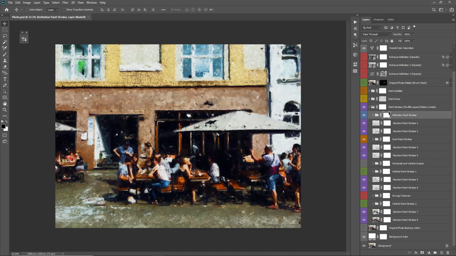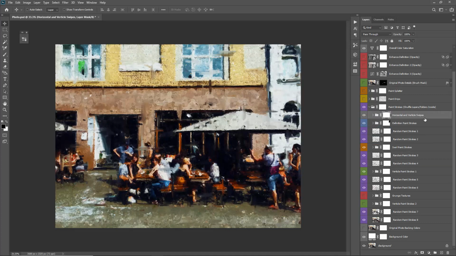So this is where you really want to spend a bit of time experimenting by reordering these layers and folders. So this one here in grey, horizontal and vertical swipes, if I drag this to the top, you can see that it creates this kind of effect. So you might just want to bury these down a little bit so it sort of blends in